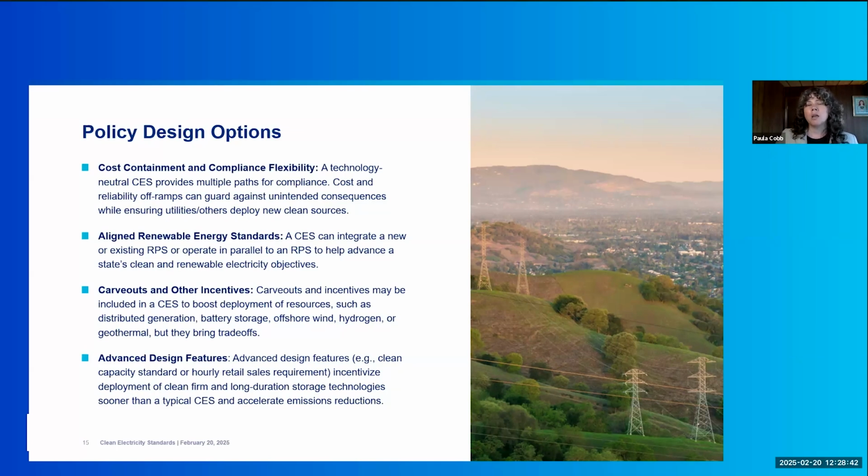I'll also mention here the alternative compliance payments that Sean mentioned a little bit earlier. Those are typically preset amounts either in statute or rule or some other sort of regulatory mechanism. And when the cost of compliance exceeds that cost threshold, let's say $35 per megawatt hour, then the regulated entity will pay that particular alternative compliance payment in lieu of compliance with a specific CES milestone. And that can, again, help guard against some of those potential cost or reliability implications, but still overall keep the state on track toward meeting the clean electricity standard and deploying those new resources.